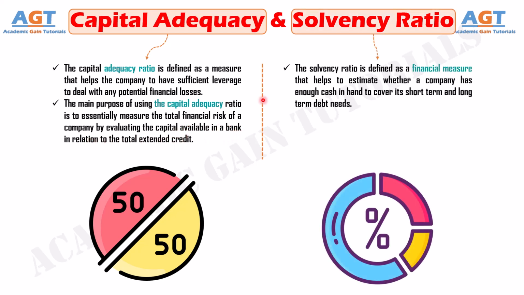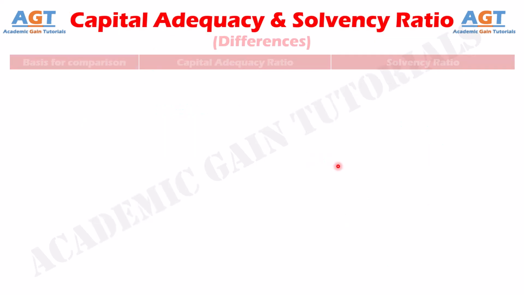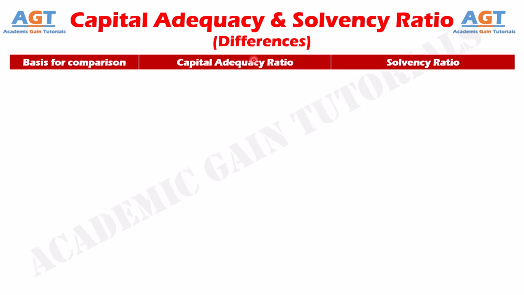On the other hand, the solvency ratio is defined as a financial measure that helps to estimate whether a company has enough cash in hand to cover its short-term and long-term debt needs. The solvency ratio is mainly an accounting ratio that helps to evaluate the debt within an organization. It can also be applied to any type of company to help them assess their ability to take care of their debt obligations. So, let's look into the basic differences between capital adequacy ratio and solvency ratio in a tabular